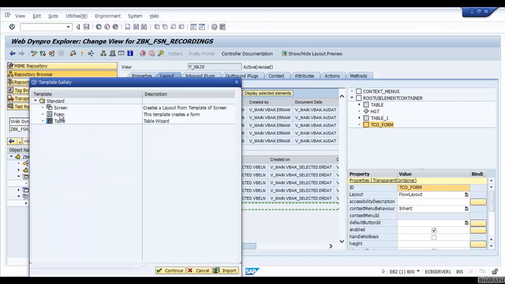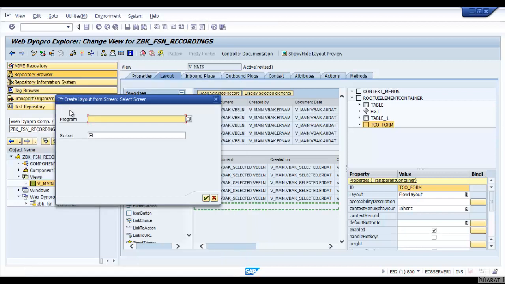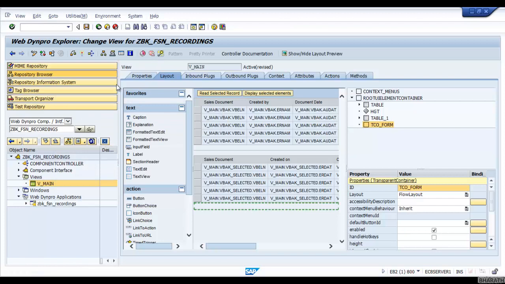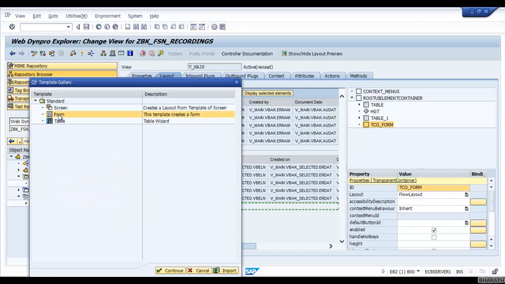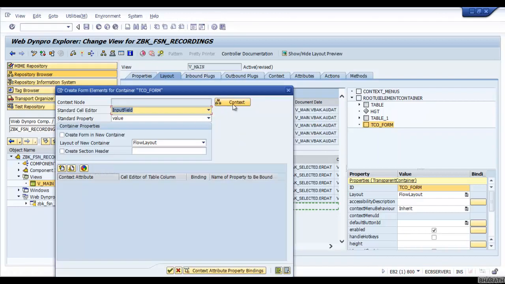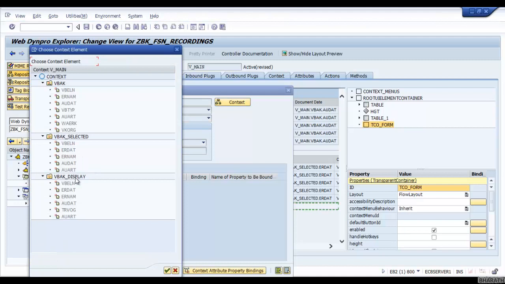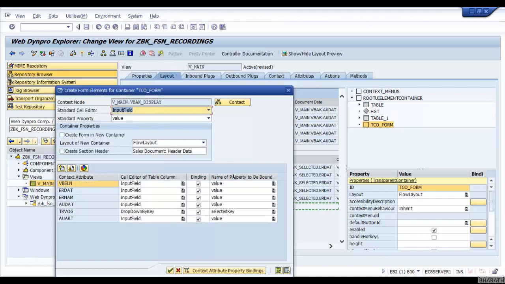Sorry, click on form. Select the required context, VBAK display, and all of them as